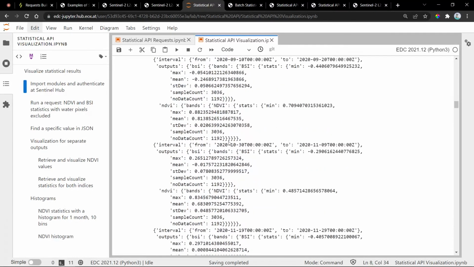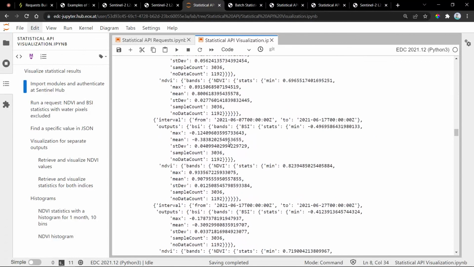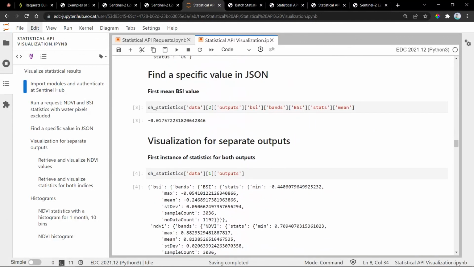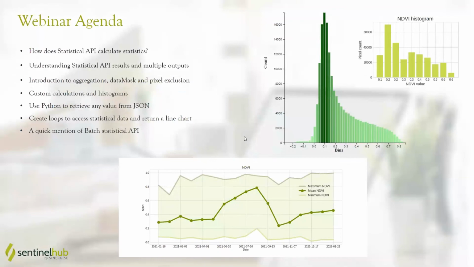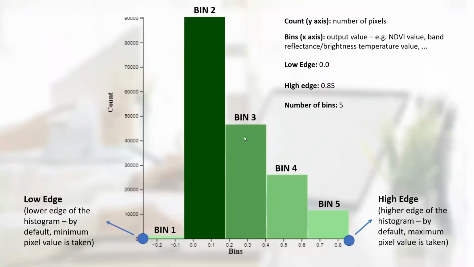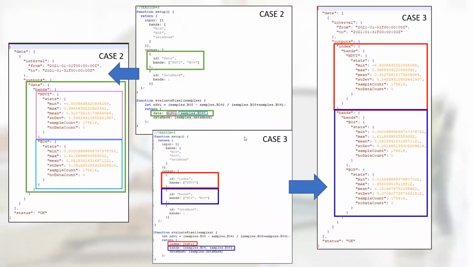We have specified a longer time range of a full year. And now, in order to find any value, you first have to reference the actual output, the name of the output, and then you need to understand the path to that value. This is maybe easiest done in our presentation because it has a nicer structure. So if we see right here, because we have very nice indentations, it is easier to look at it here